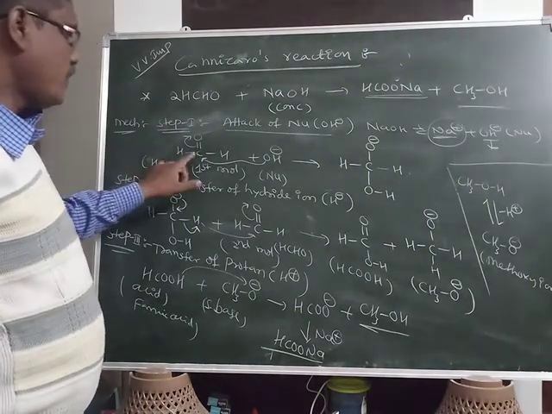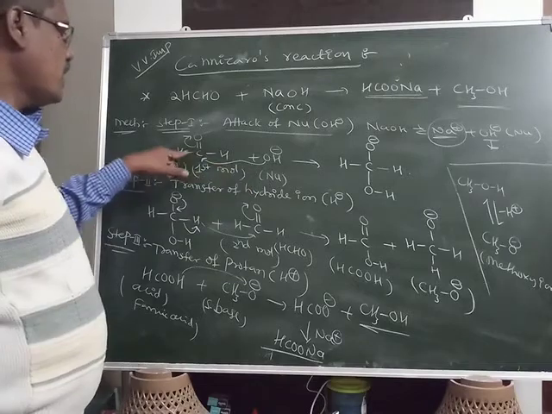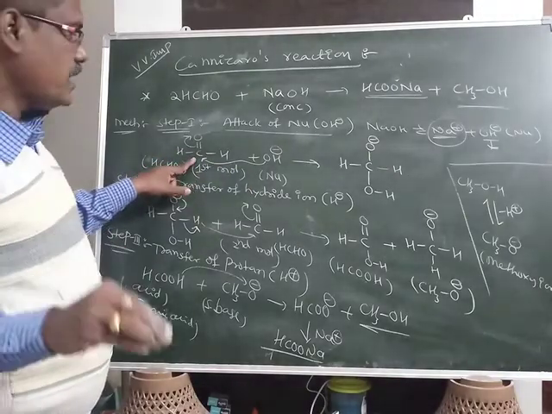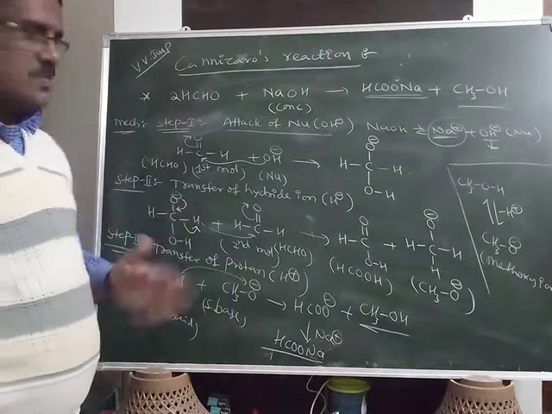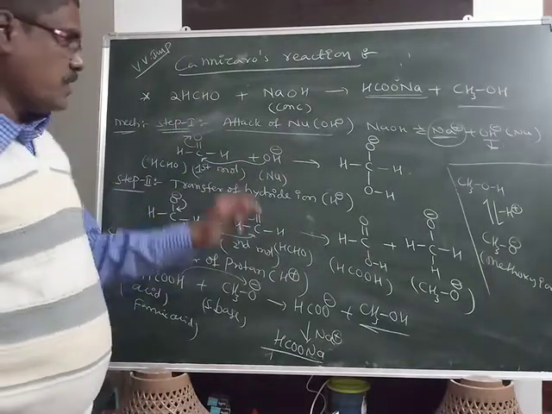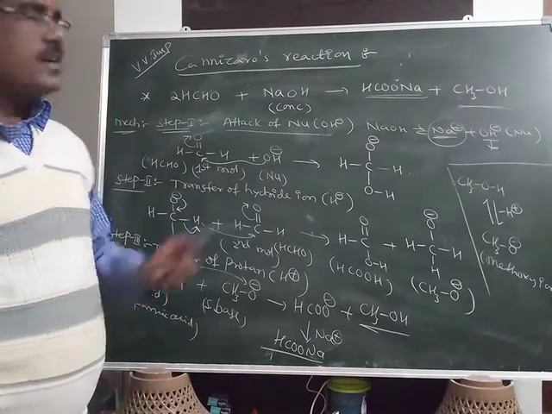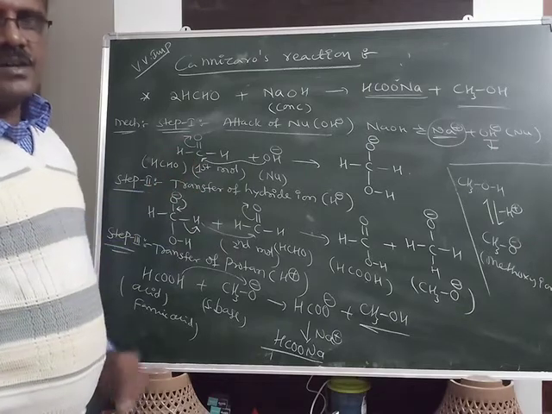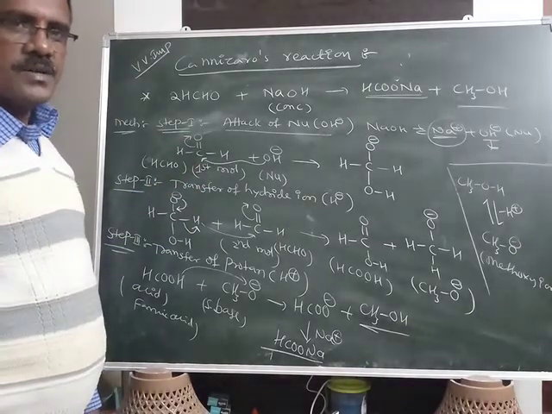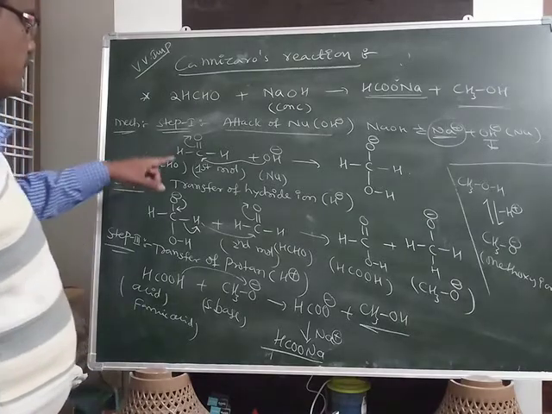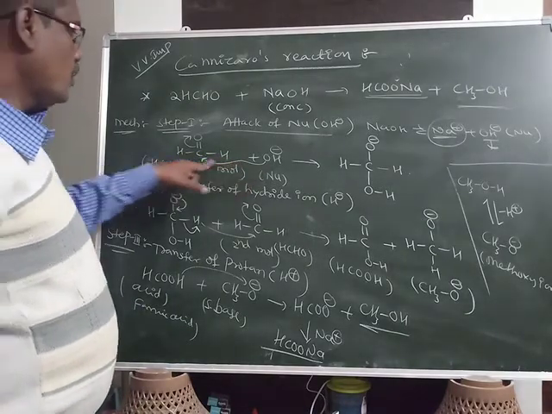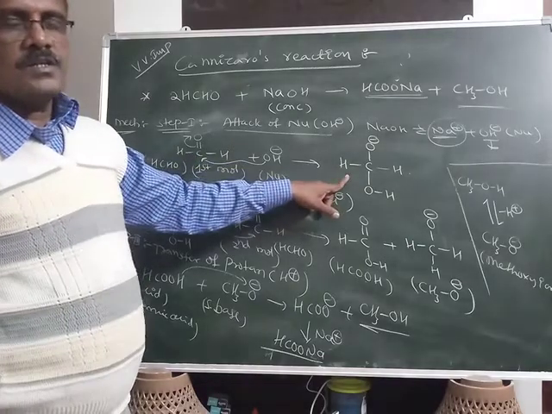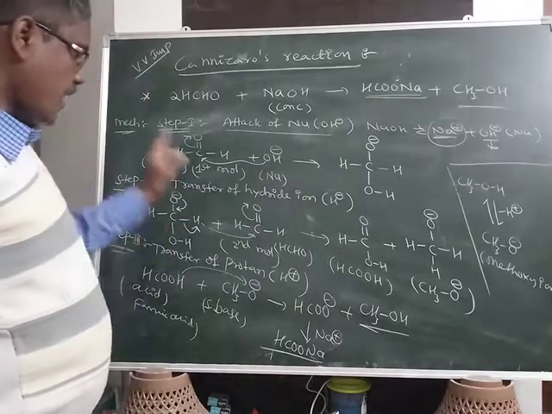If there is no alpha hydrogen, it directly involves the OH minus ion. If alpha hydrogen is present, it undergoes the aldol condensation, converting into the carbanion. That's why the compulsory condition in the Cannizzaro reaction is that the aldehyde has no alpha hydrogens. The aldehyde must not have alpha hydrogens. Okay, that's why this OH minus attacks the carbon to form an intermediate, and this intermediate reacts with the second molecule